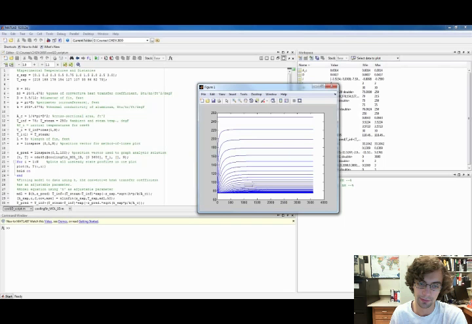Okay, and it produced. Yeah, so you see the workspace getting populated. If I drag these windows back into the frame, we'll forget about this for now. This is to do with the nlinfit. This here is